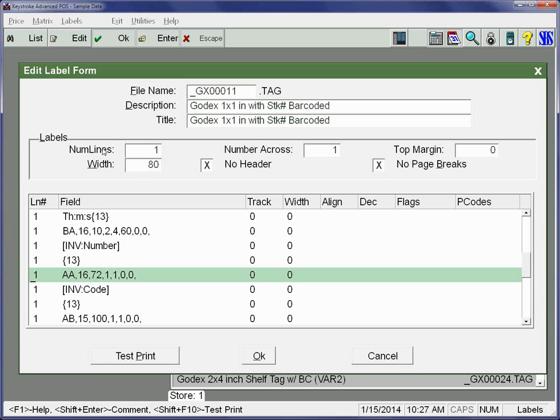What I can say, though, is that in my experience, Godex provides a label editor with their printer that allows you as the dealer or even the user to edit a custom label, specify the size of their label stock, lay it out exactly as they want it to print. That editor can then show all of the commands needed to print that label, and it's quite literally as simple as cutting and pasting all of the commands from the label editor into